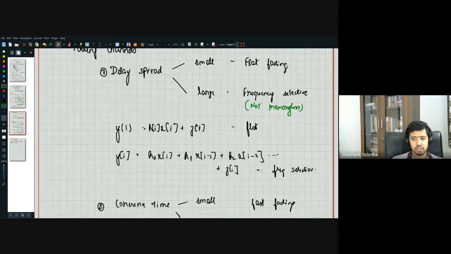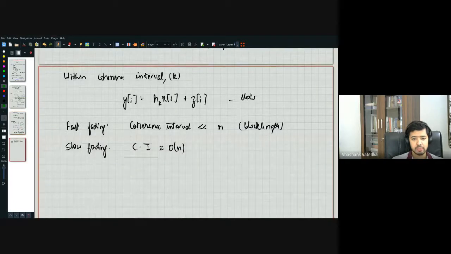So all of this again depends on the coherence interval as well. So this depends on whether it's a slow fading channel or a fast fading channel. And that is why we will assume that the coherence interval is either very, very small or very, very large. So we'll make two assumptions. So fast fading,